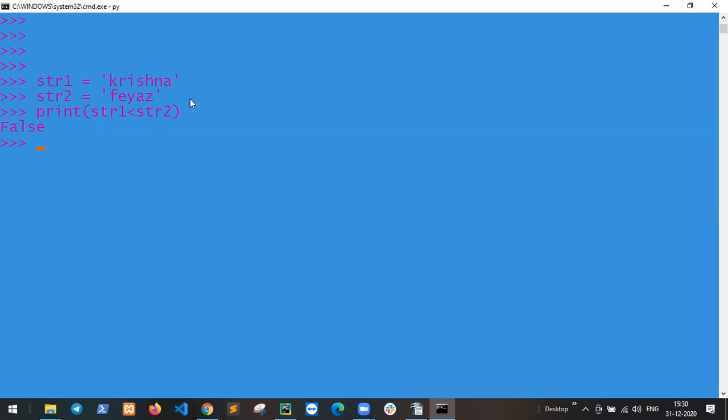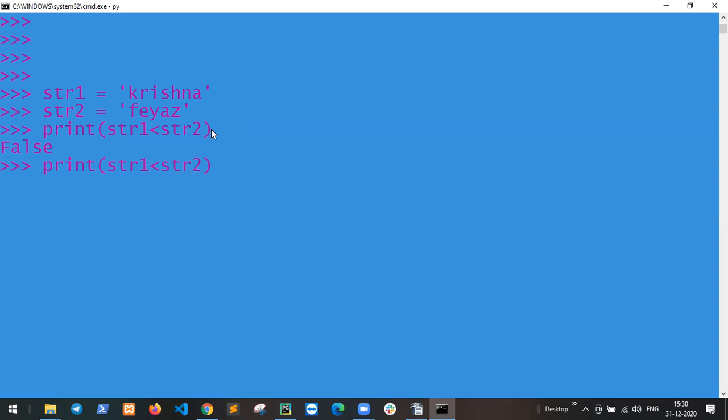This result is false because of the length of the characters. Krishna has 7 characters and Fayaz has 5. So 7 and 5, therefore the result is false. Greater than, the result is true, because str1 is greater than str2.